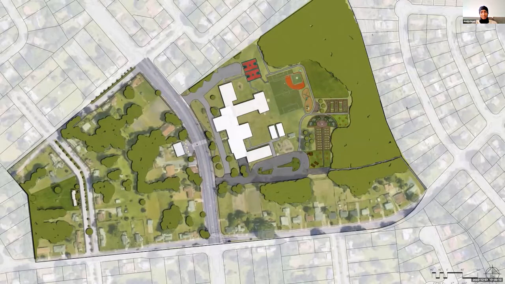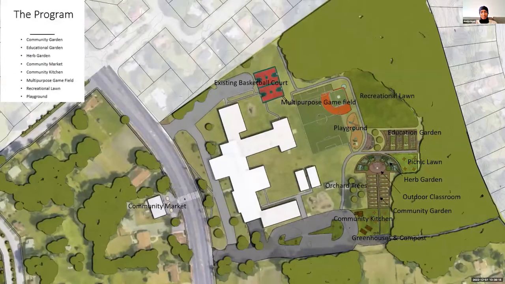The program includes a community kitchen, area with seating, greenhouses for a variety of plants that grow during different seasons, and compost bins. From there, we will have the orchard trees, community garden to be used by all, the outdoor classroom surrounded by a herb garden, a picnic lawn, an education garden primarily to be used by students, the new natural playground with